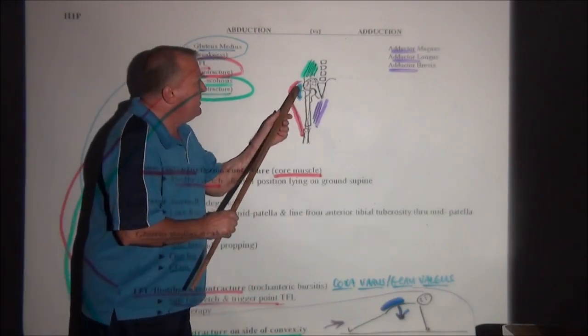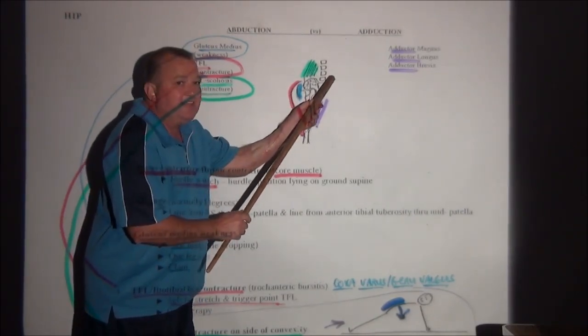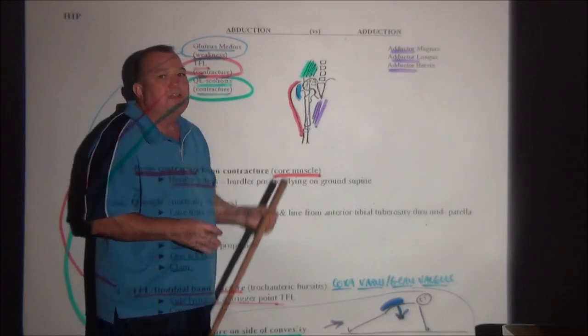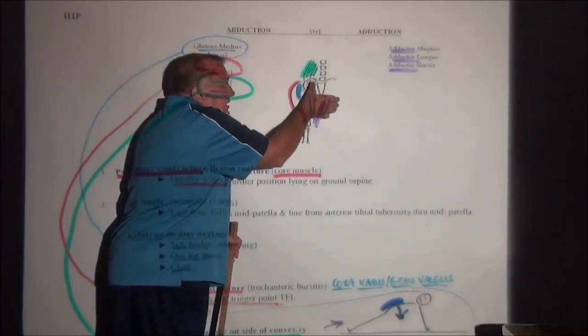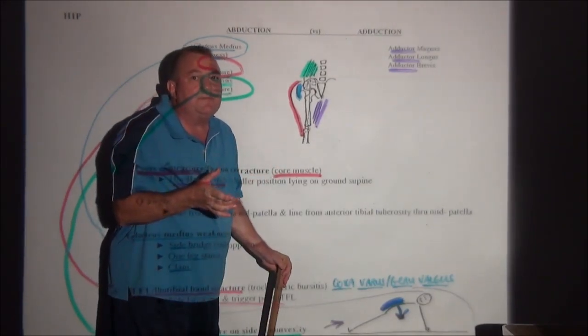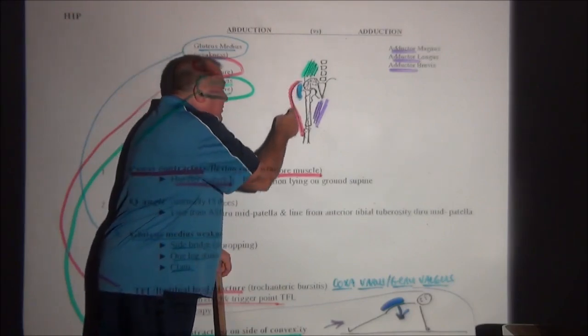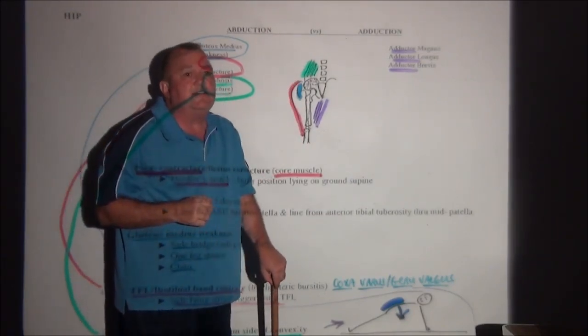Now the thing about glute meds is you can go ahead and strengthen this side and weaken that side, but you don't dare do that kind of stuff with this one because it crosses two joints and you'll end up making one part of it worse and one part of it better. So what we always do is just try to release this. We stretch this, we trigger point it, we just focus all of our attention on the TFL